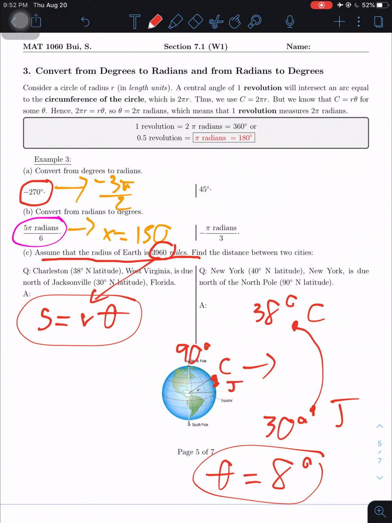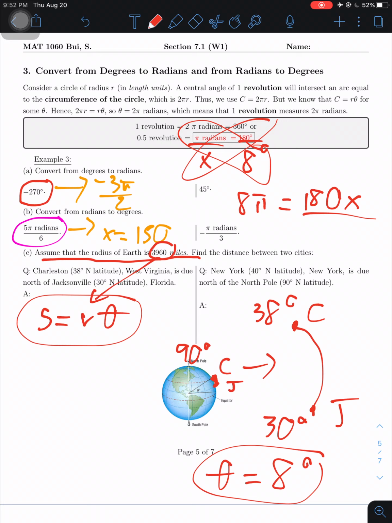Okay. So now let's put 8 degrees in the degrees column right here, and then the other spot we'll put X, and then fraction bar, and then cross multiplication, and then we have 8 pi equals 180 X. Okay, so now how can we solve for X, right? We're gonna divide both sides by 180,